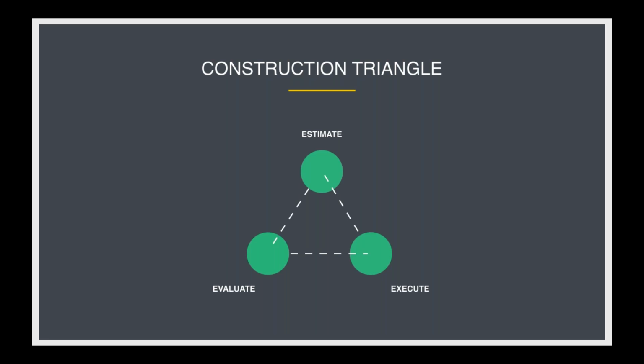Yeah, a lot of times we actually end up estimating, executing, and we felt like that job went good. We're already estimating and executing the next one before we even get the chance to evaluate some of these jobs. So we really got to fine tune that. I think the construction triangle is purely a simple method of managing your projects using field data from project to project to create better estimating and more efficient processes.